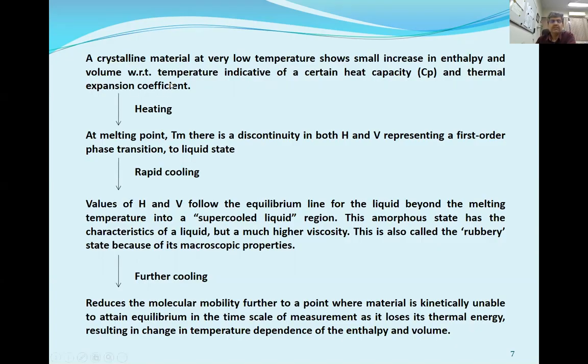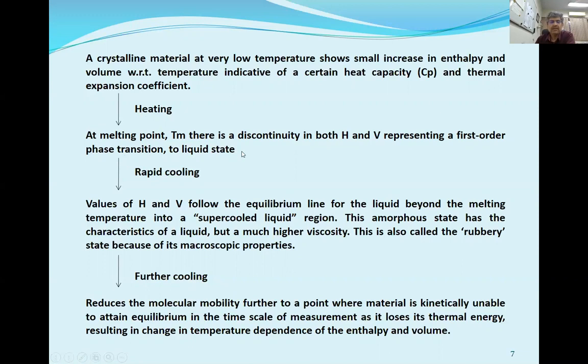We are talking of temperatures which are below its melting point. If you keep on heating the sample at the melting point, that is Tm, there is a discontinuity in both the enthalpy and the volume, representing a first order phase transition to a liquid state, which in layman terms means